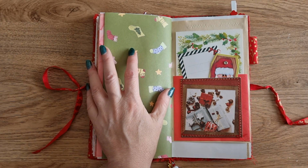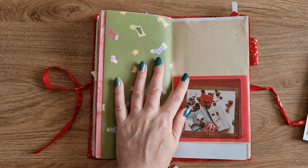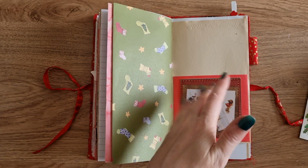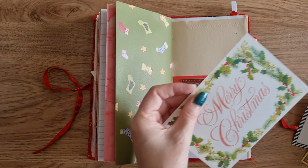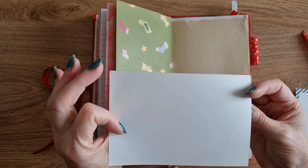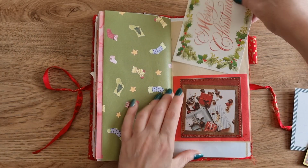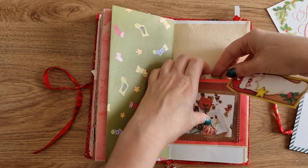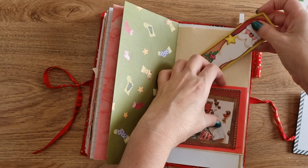Or, as I'm doing, I have one and I made one for my daughter. I've used one for the last few years to keep a note of what gifts I've bought and all that kind of thing. This is the front of a vintage Christmas card. So that's in there. This is actually a double pocket. It's actually a triple pocket actually. You've got behind and then,